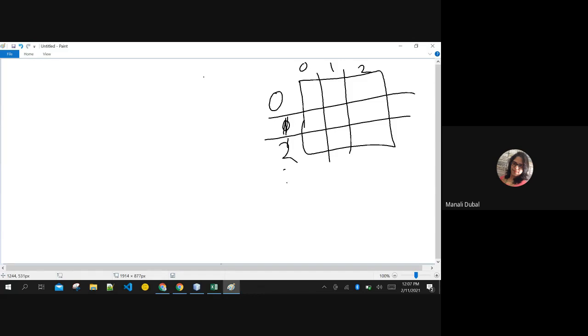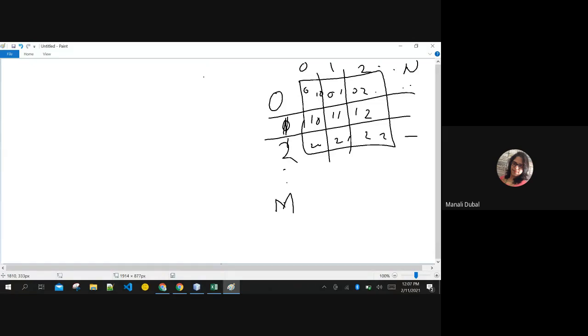This will continue till m number of columns and n number of rows, whatever you are inputting. The first element will always be 0,0, then 0,1, 0,2, like that. It goes on: 1,0, 1,1, 1,2, 2,0, 2,1, 2,2.